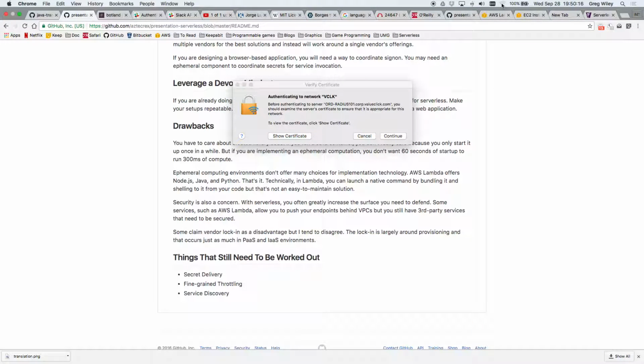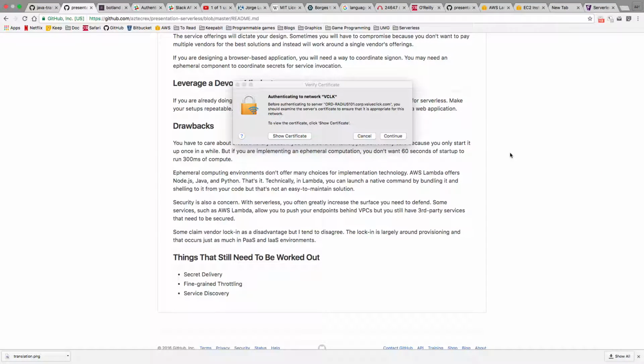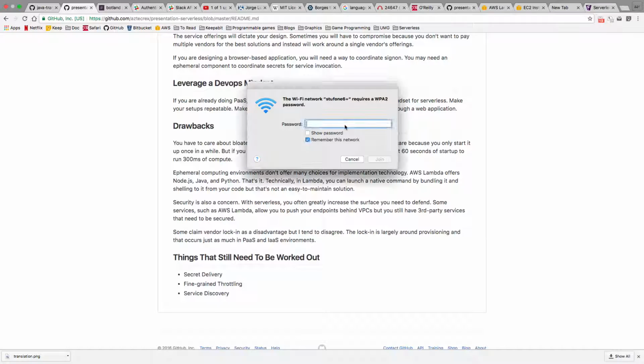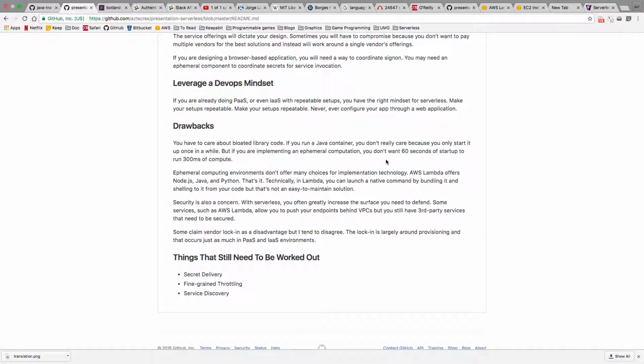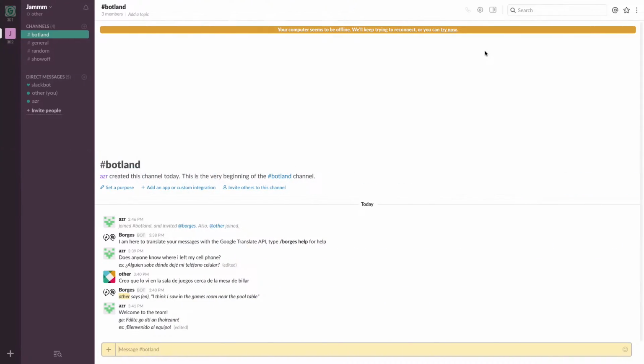All right, let's try it. There it is, StuFone 6 Plus. Look at that. Show the password. Okay. Now you're cooking. Now let's try some man-in-the-middle attacks.